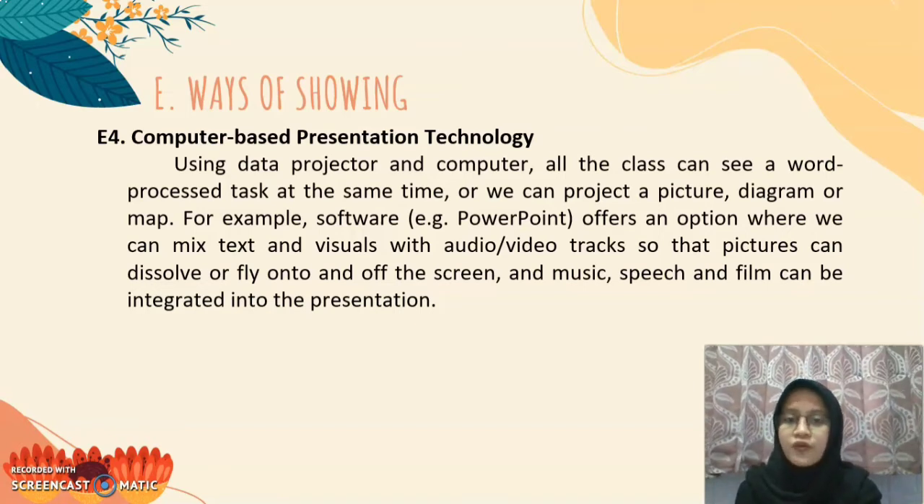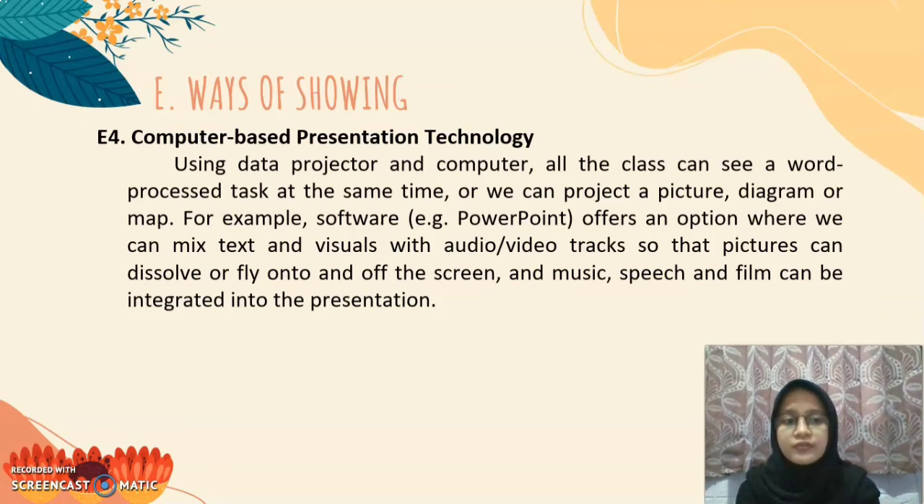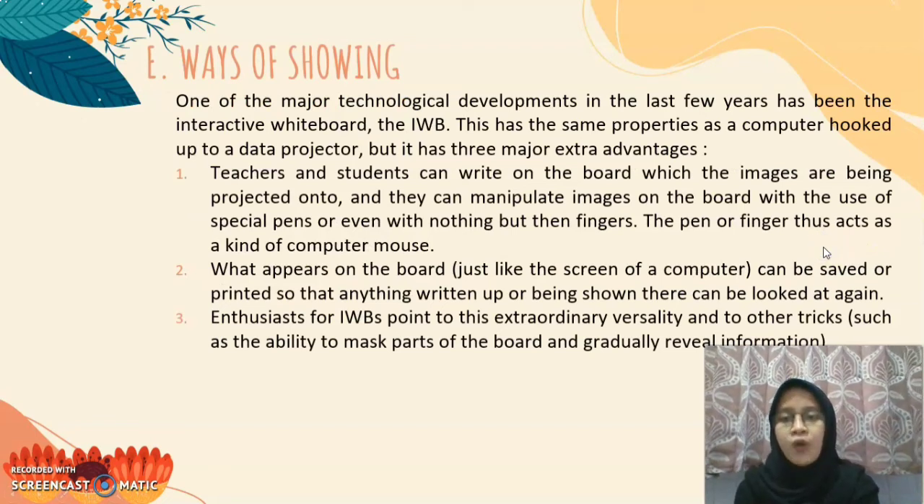For example, the software PowerPoint offers an option where we can mix text and visuals with audio or video tracks so that pictures can dissolve or fly onto and off the screen, and music, speech, and film can be integrated into the presentation. And then, next, one of the major technological developments in the last few years has been the interactive